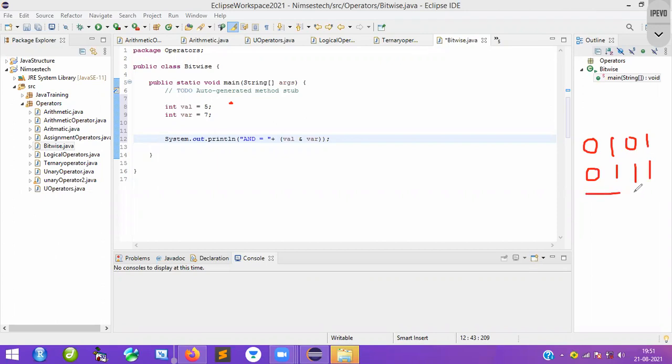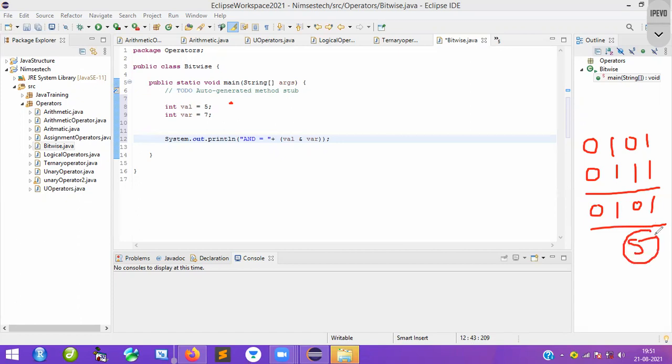Yes or not? Now you are going to see this one. So very simple and easy one. Both the values are 1 1. What is the value you are going to get? You will get the value 1. Again 0 1, what is the value you will get here? You will get 0. Again 1 1, you will get the value 1. Again 0 0, you will get the value 0. What is this value? 4. Again 4 plus 1, 5. You will get it.